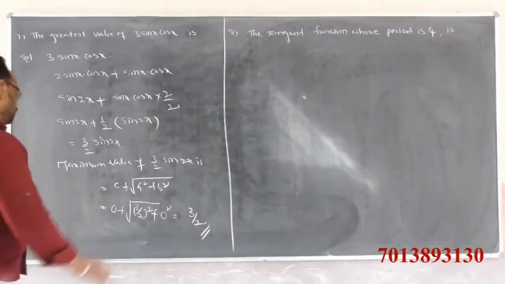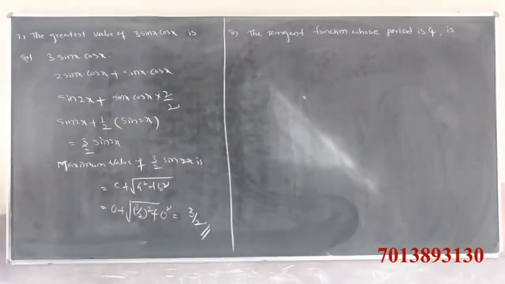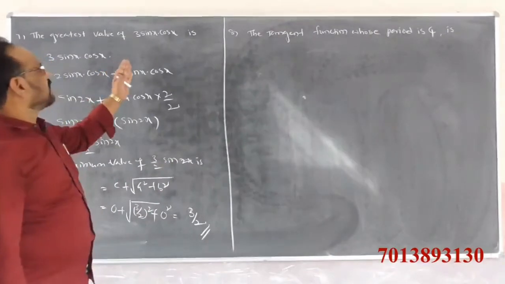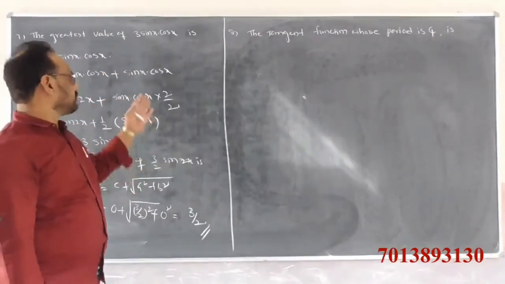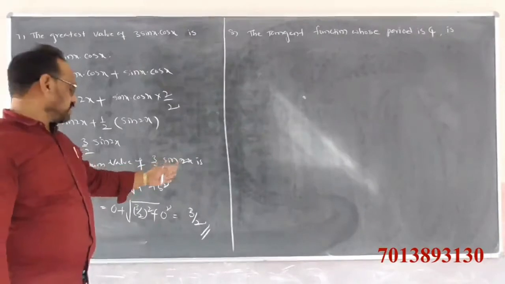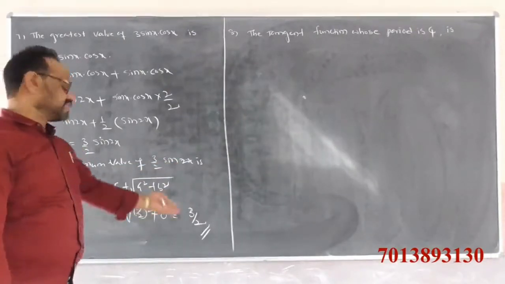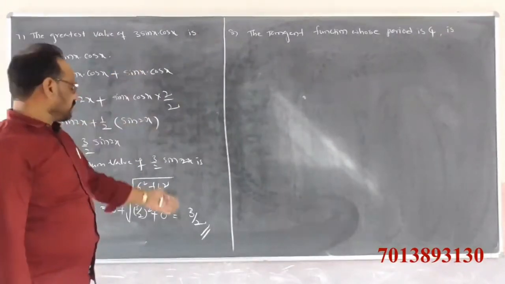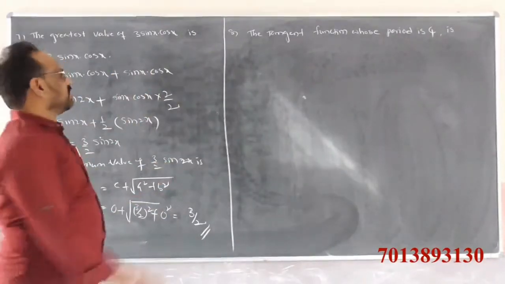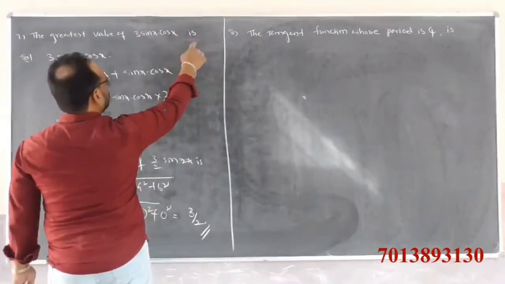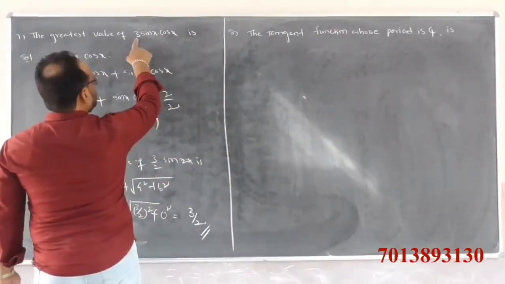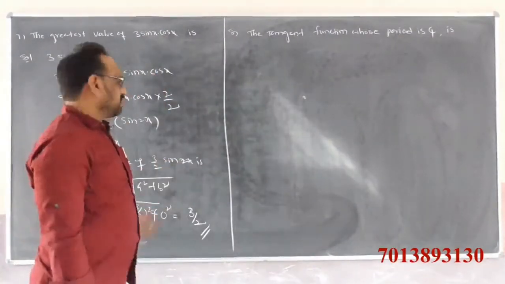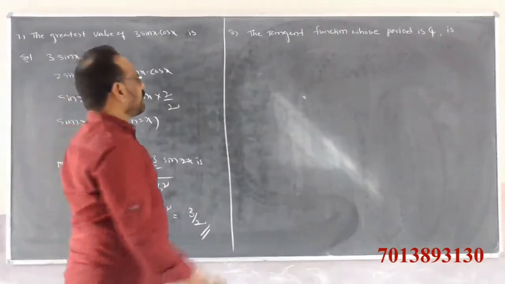Therefore the maximum value of 3 by 2 sin 2x, which is nothing but 3 sin x cos x, is 0 plus 3 by 2. Numerator and denominator are multiplied by 2 by 2, and we get the same answer of 3 by 2 sin 2x. We get 3 into 2 sin x cos x, that is 3 by 2 into sin 2x. That is directly the answer. Next,